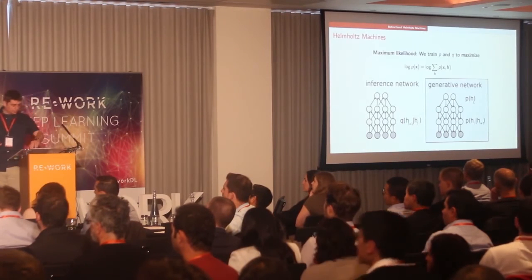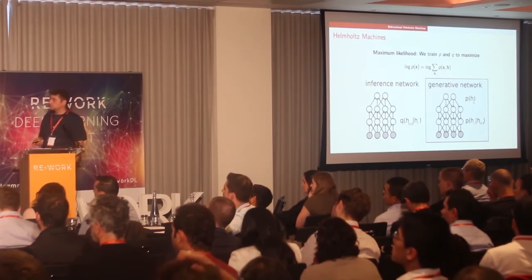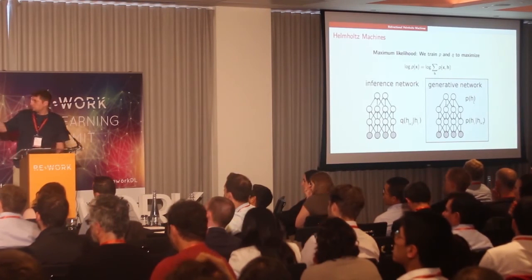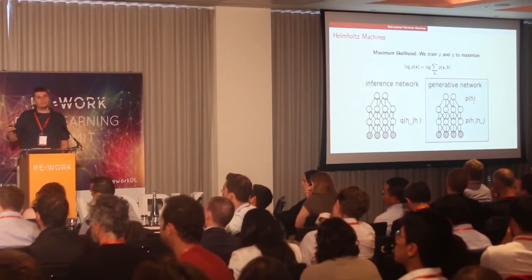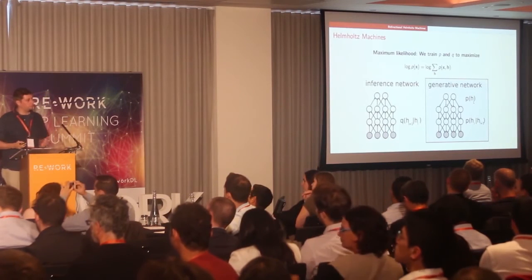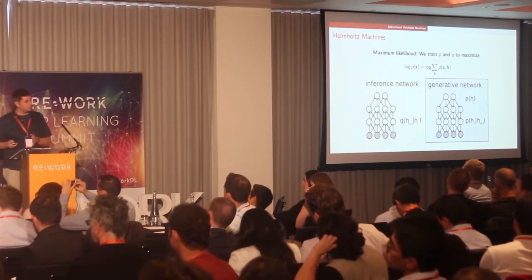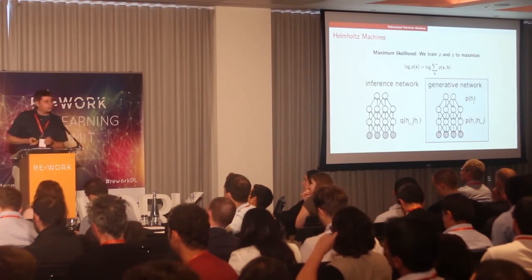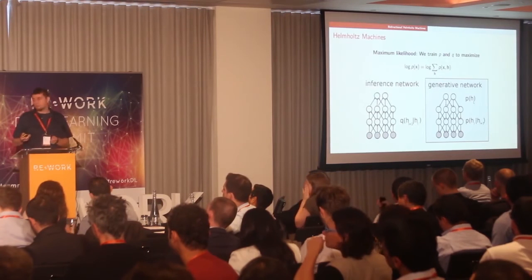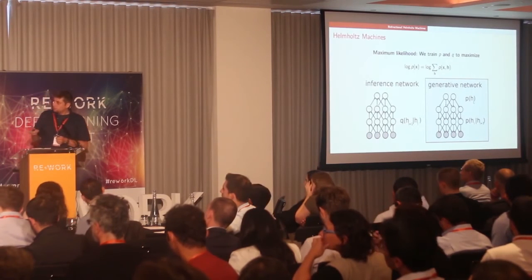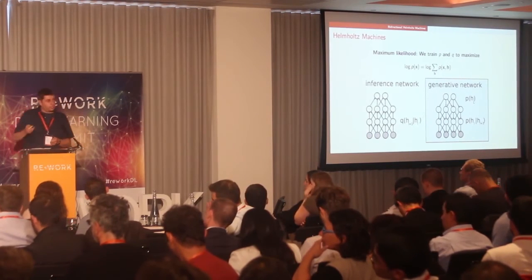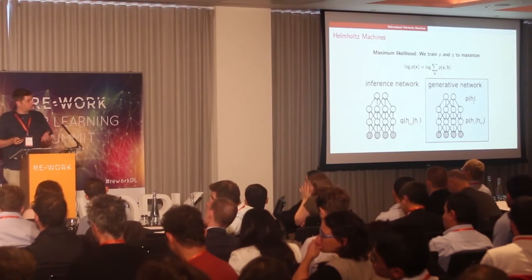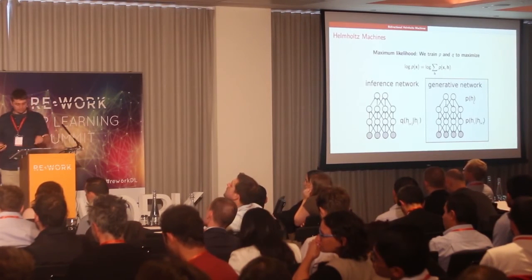So the standard way of doing that is that you consider the generative network, typically we call it P, to be the authoritative network that we want to train. We want to make this model as good as possible, and at the same time, we want to maintain this auxiliary network, the approximate inference network, to do inference for us whenever we train the model and whenever we want to, given some input data.